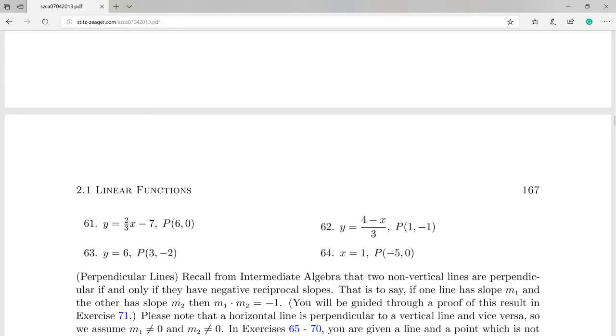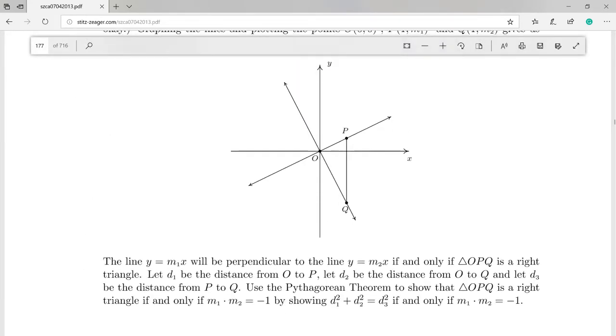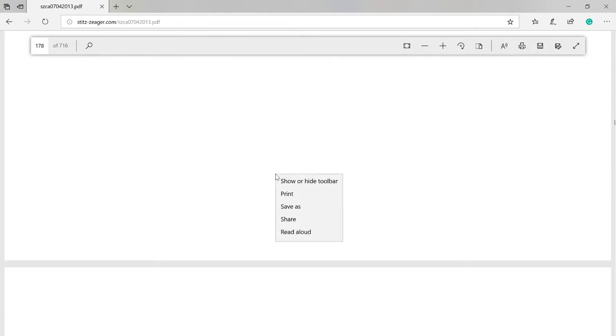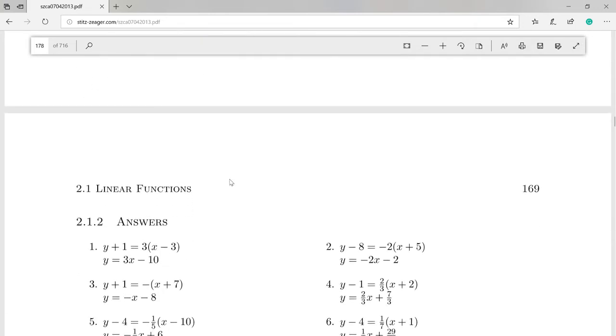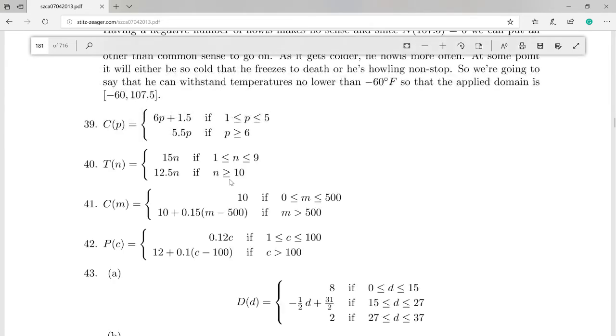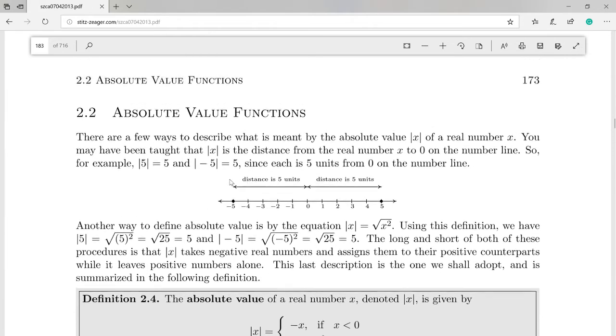We're not going to do average rate of change yet until we learn how to do these. So give me a second. I'm trying to see if they have something like how to write an equation given a point and